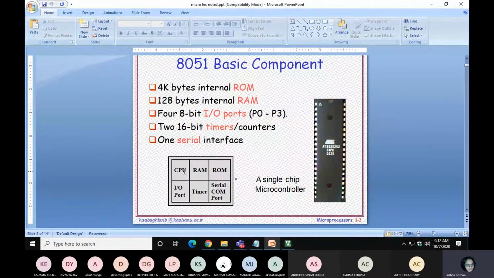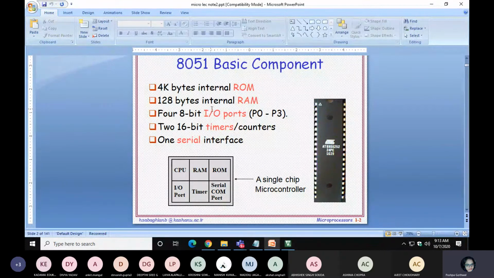Like 8-bit devices, such as your blood pressure machine, your glucometer, your small home monitoring devices. You can go with the controller. Just dump your code inside the memory, connect input and output, and your project is done. So with the 8051 you can easily perform your task because you don't need to connect these things in the case of a controller, but in a processor you have to connect all of this externally.